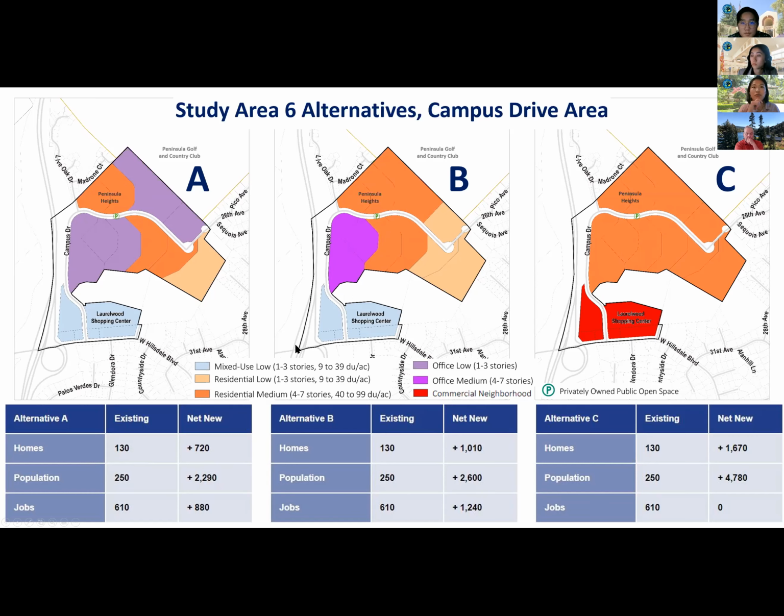And so, yeah, feel free to send us your comments. Do you feel that maintaining office use or allowing more residential use is better? Any thoughts about the Laurelwood Shopping Center? I have, okay, go ahead. I have a question from Murray. Is there a consideration for the amount of traffic on Campus Drive?